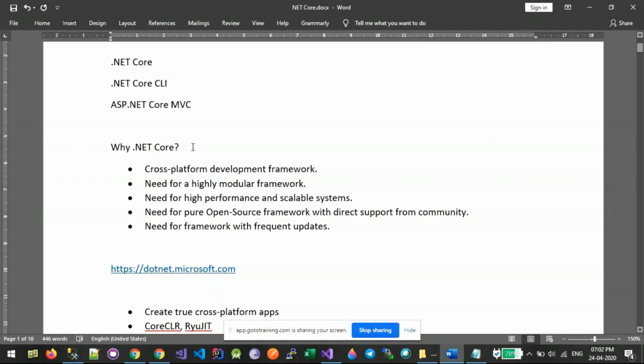Earlier, whenever we used to create .NET Framework applications, along with the project itself, there were so many references added, which we may not be using in the current application. So it was making the whole application bulky. But now onwards, when we say .NET Core, a lightweight application is created with the required dependencies, and whatever extra things you need in the application, you will add them as and when, as a package. So this leads us to the next point, which is making this application higher performance.